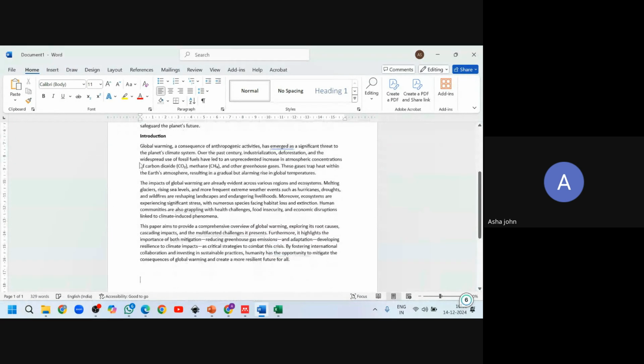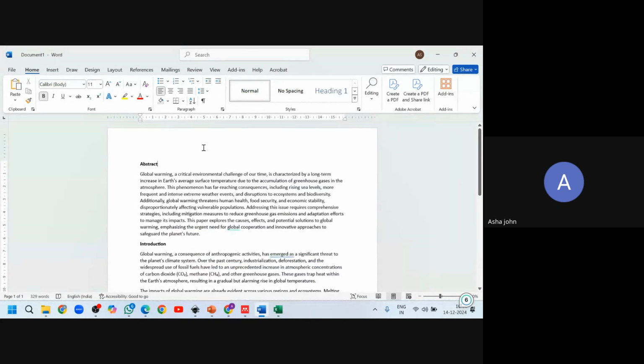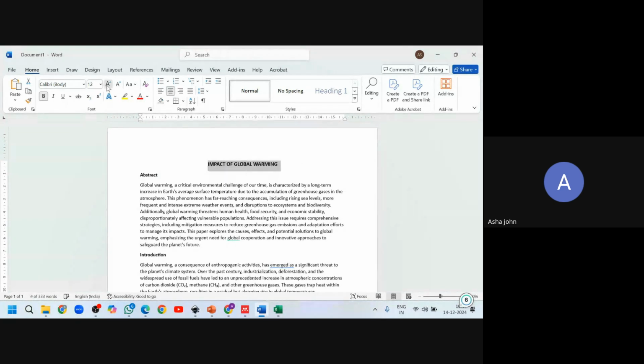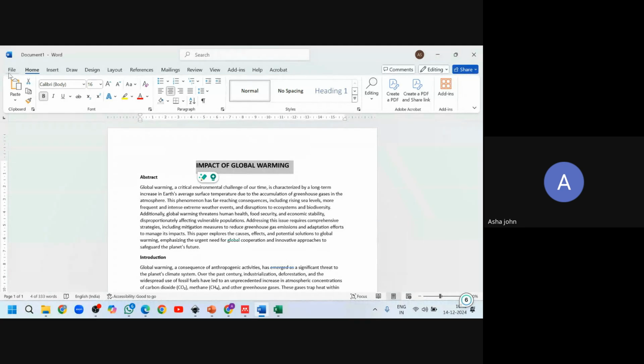I'm going to write the impact of global warming. You can see it is very convincing, with wonderful kinds of words that ChatGPT is giving, but you should surely read what is given here.